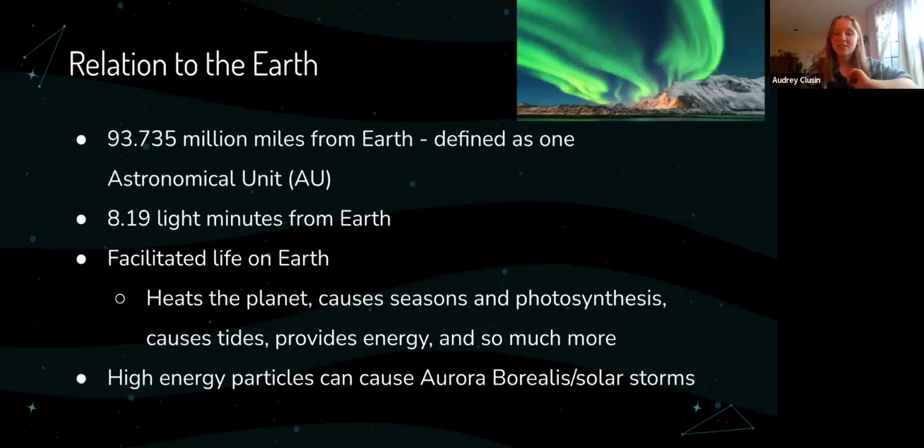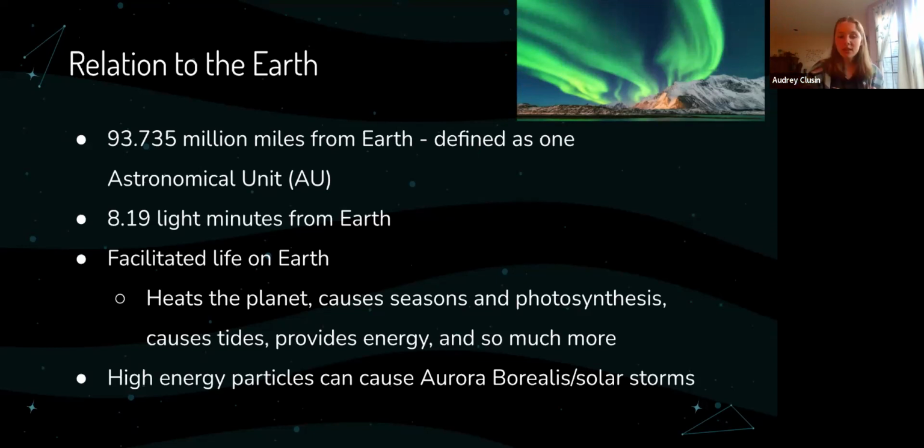I don't have a good image right now, but at the top and bottom, at the North Pole and the South Pole on the Earth, the magnetic field kind of stops, or it goes into the Earth. And at these two points, you can see the northern lights. This is caused by, like I said, the particles reaching the kind of weak point at the top of the Earth and traveling into the atmosphere and causing all sorts of interactions with particles in the atmosphere. So yeah, basically particles from the sun travel all the way to the Earth, get around the Earth's magnetic field, and cause the northern lights, which is really cool.